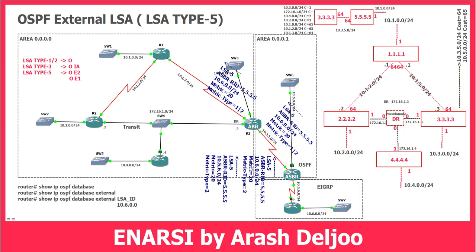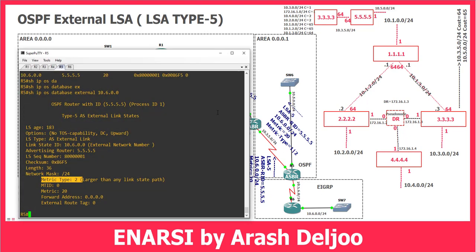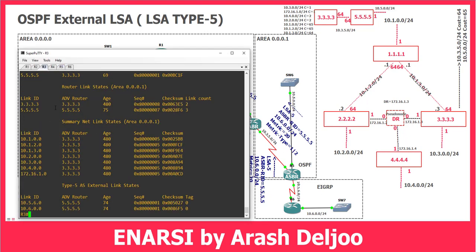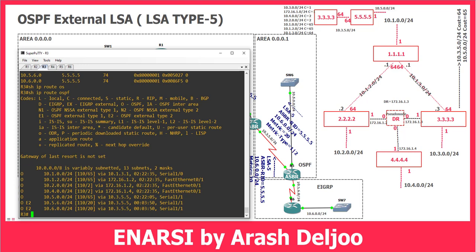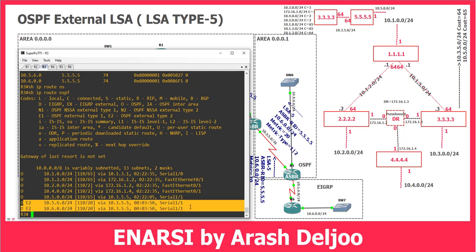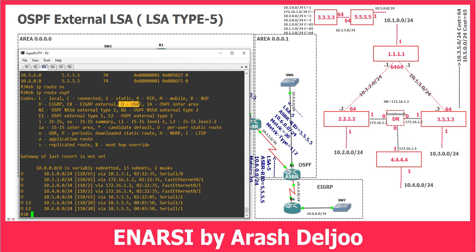Because of that, we expect to see these 2 networks inside the routing table of other routers with the code of OE2, meaning OSPF external metric type 2. Let me show you. In router 3, here we can use show ip route ospf. As you can see, we have 2 OE2 routes. OE2 means OSPF external with metric type 2,